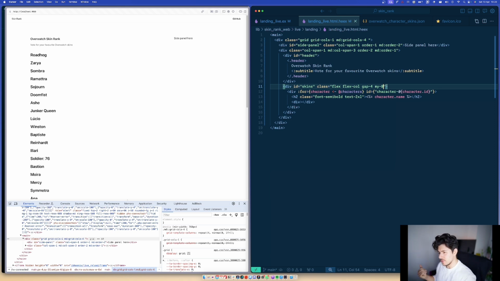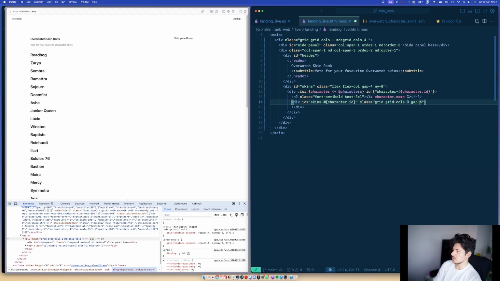What we want to do is make it so that let's just render the skins for now. ID equals skins for character ID. Ooh, that's actually pretty much what I wanted. Yeah, cool. And then we don't have one of those yet, so let's just make it a div. Something like that. It's not perfect yet. Podium's really good for Elixir compared to Copilot, I found. And then we will need a skin card, but for now,